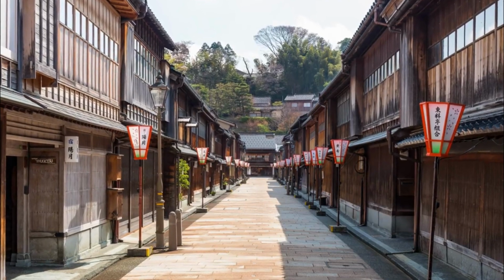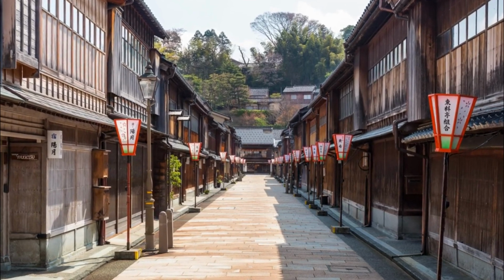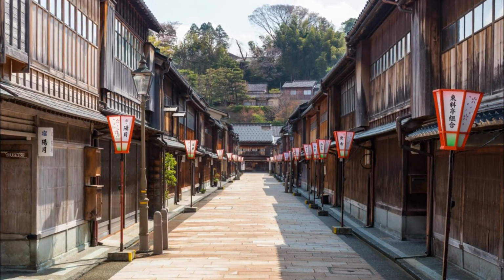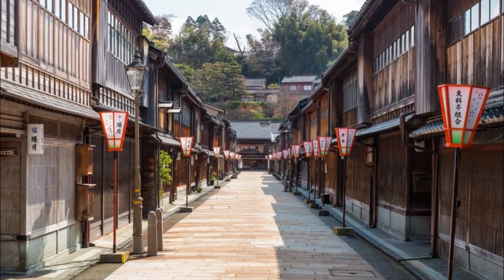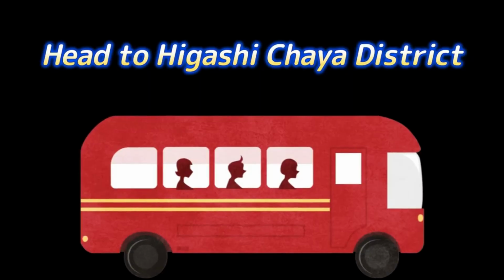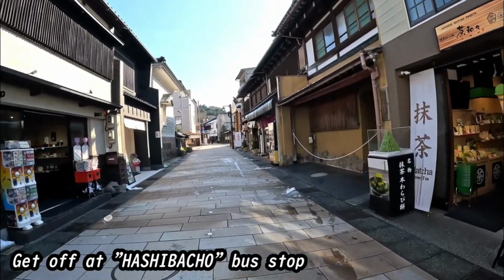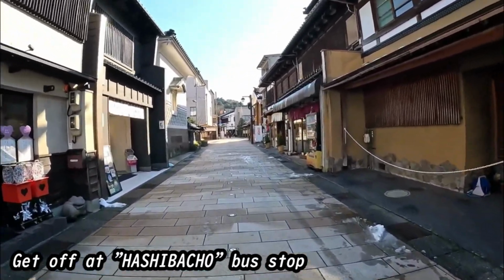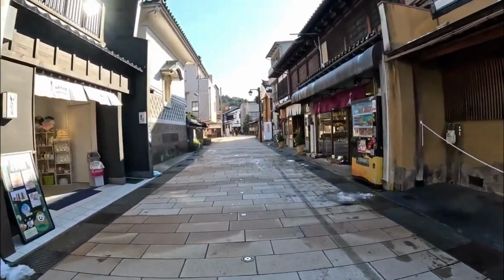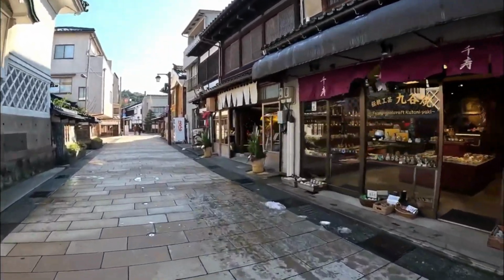To head to our first destination, Higashi Chaya district, take the orange bus known as Right Loop at platform 7 and get off at the 4th bus stop, Hashibacho. The ride takes approximately 10 minutes. I got off the bus at Hashibacho bus stop and head towards Higashi Chaya district. If you walk for about 3 minutes from the bus stop, you will see the cityscape that you often see